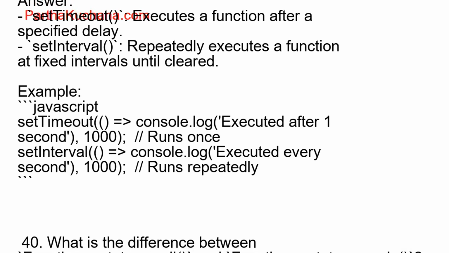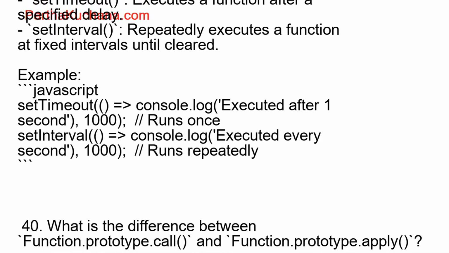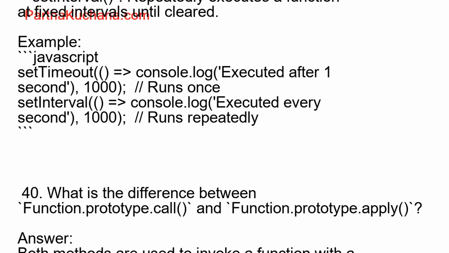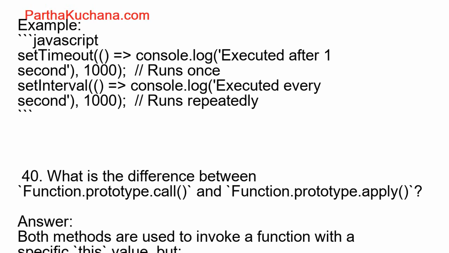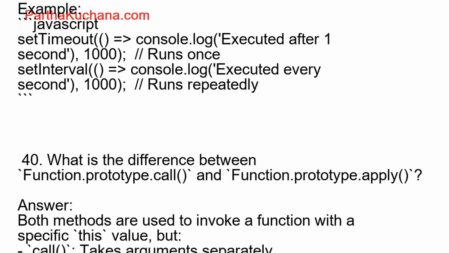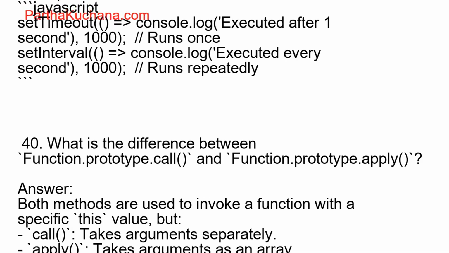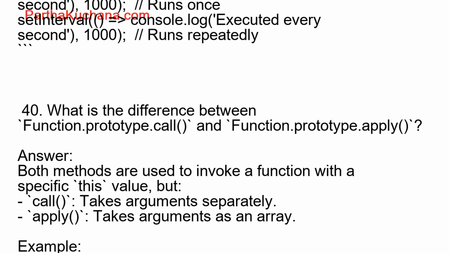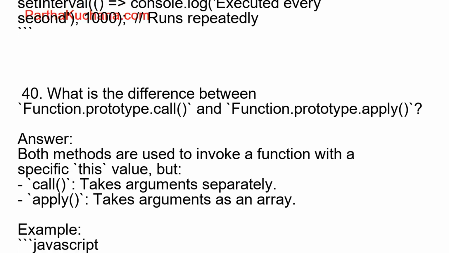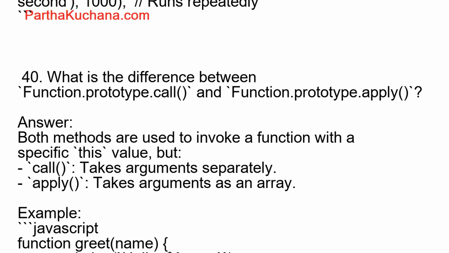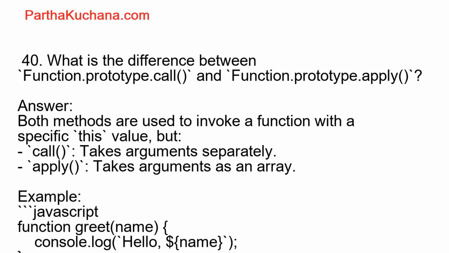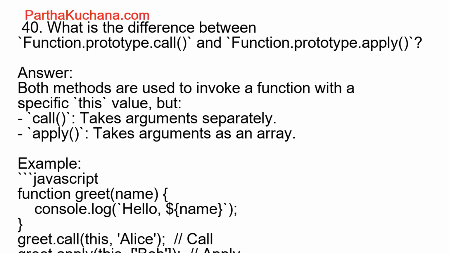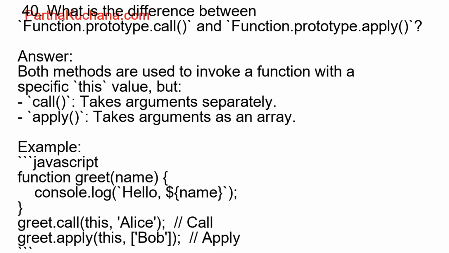42. What is the temporal dead zone in JavaScript? Answer. The temporal dead zone, TDZ, refers to the time between when a variable is declared with let or const and when it is initialized. Accessing the variable before initialization results in a reference error. Example, JavaScript. console.log(a); // reference error, a is not defined. let a = 10;